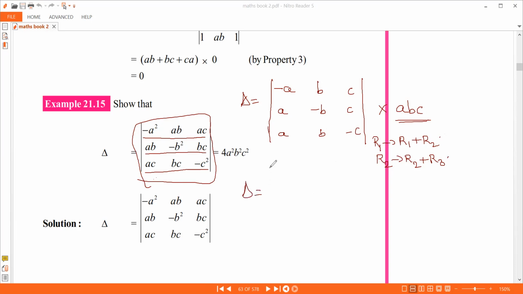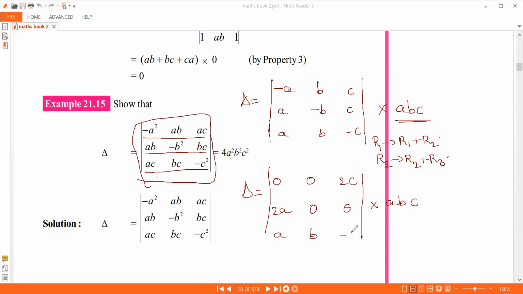So when you do that, R1 plus R2, the first entry will be A, B, C. To start with, you have 0. To start with, you have another 0. C plus C is 2C first. Now R2 is equal to R2 plus R3. That is A plus A is 2A. And now I have another 0, right? And again another 0 added. Now A, B minus C.